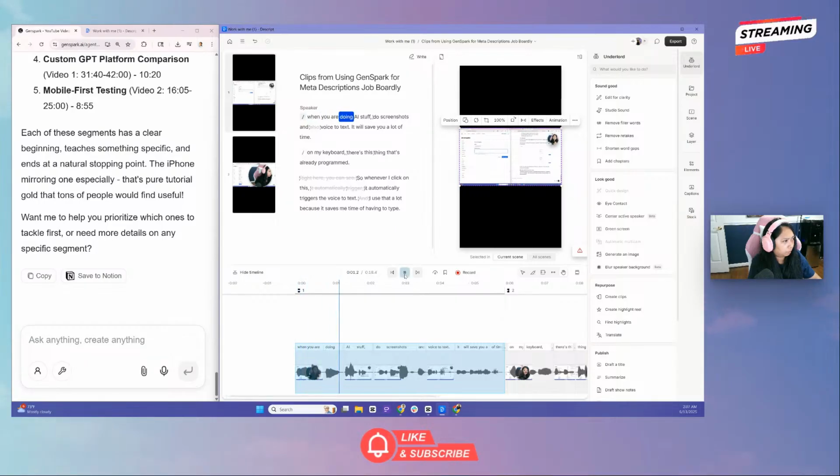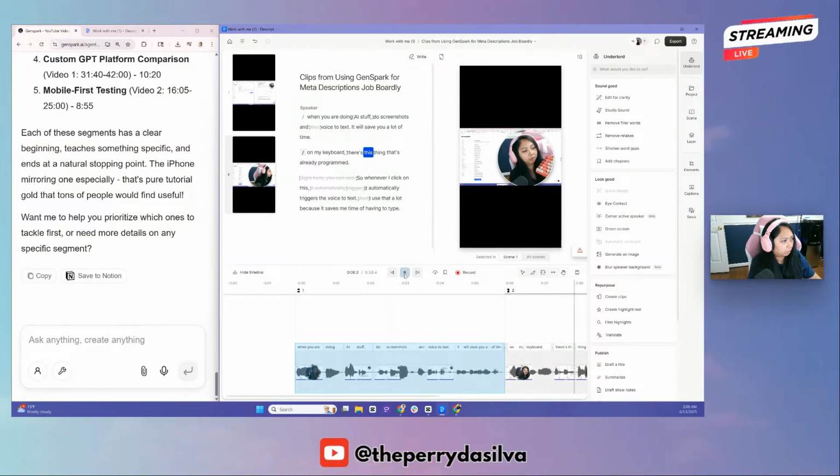When you are doing AI stuff, do screenshots and voice to text. It will save you a lot of time. On my keyboard, there's this thing that's already